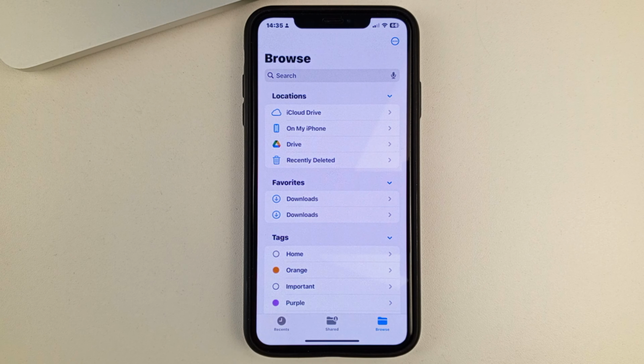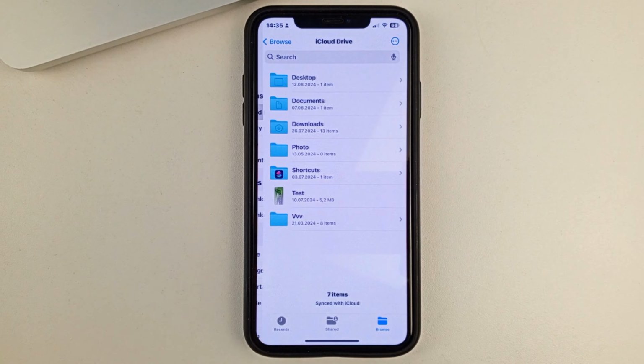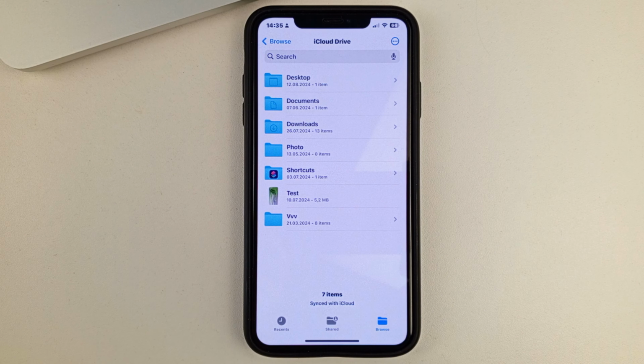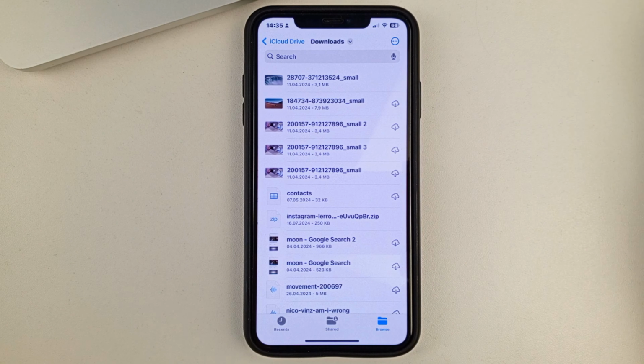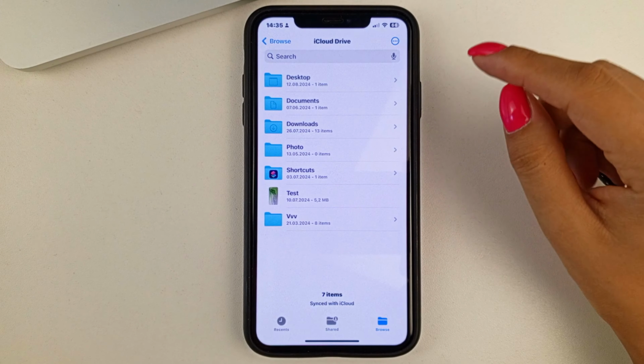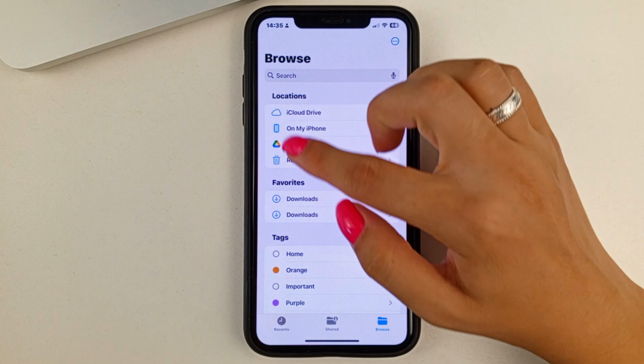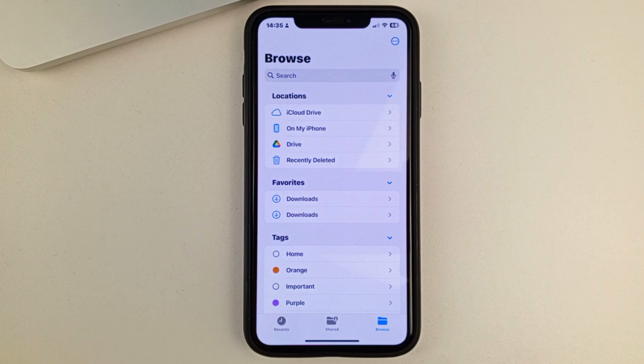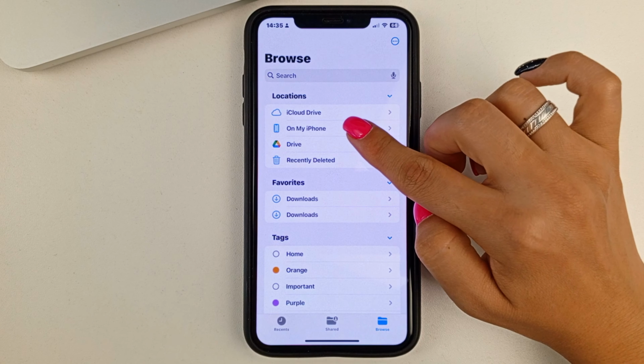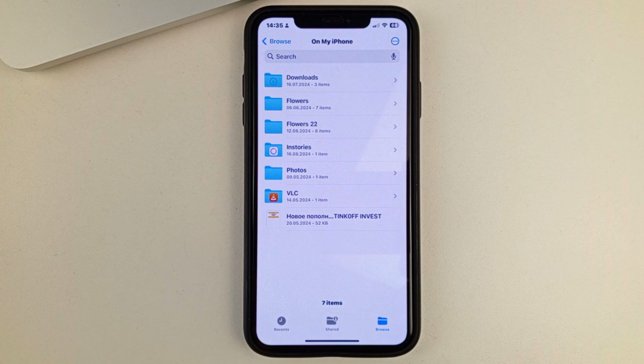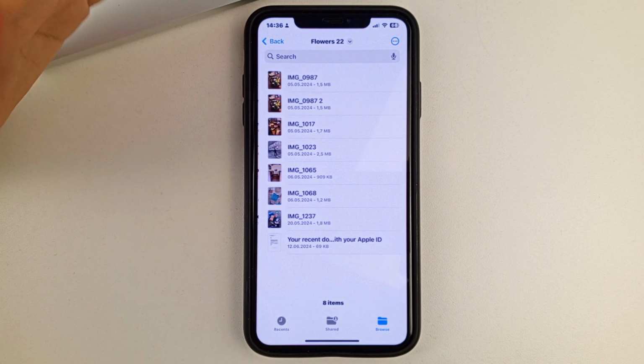Next, you need to find your image in the form of files. To do that, you can either go to iCloud, and here you can find, for example, a folder or find your image. Or most likely your image in a file will be in the section On My iPhone. More often than not, this is where downloads are saved. Next, find the folder and image you want.